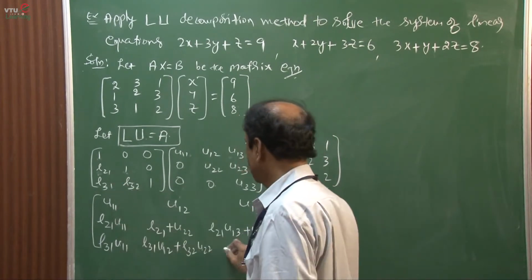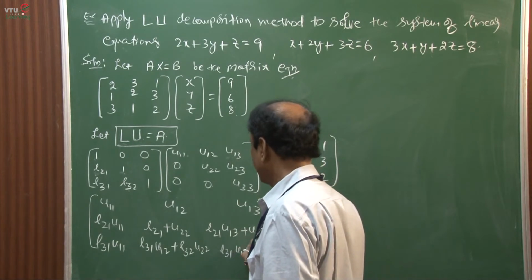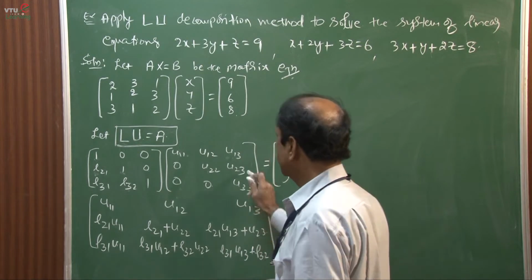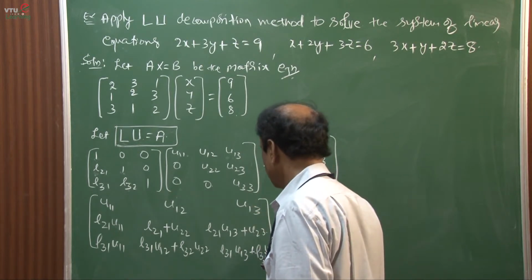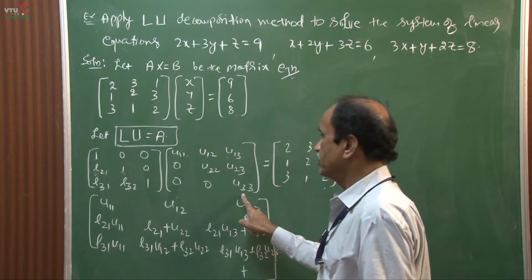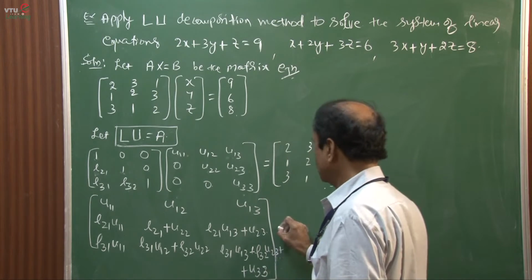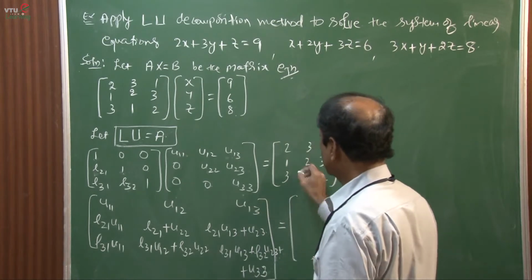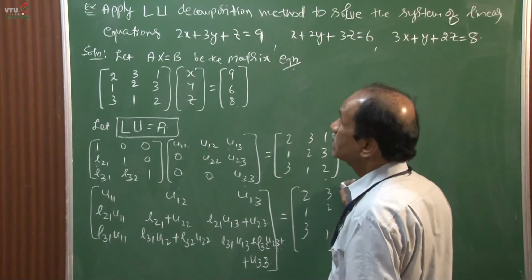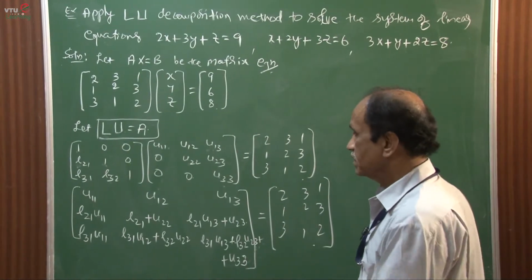Next one is L31 into U13 plus L32 into U23 plus U33 is equal to these elements: 2, 1, 3, 3, 2, 1 and 1, 3, 2. Now what you have to do is compare this,